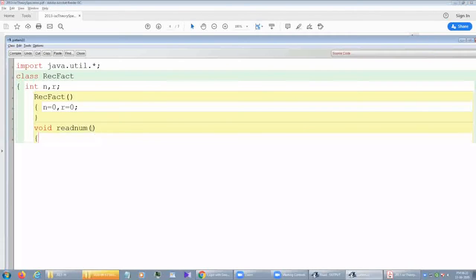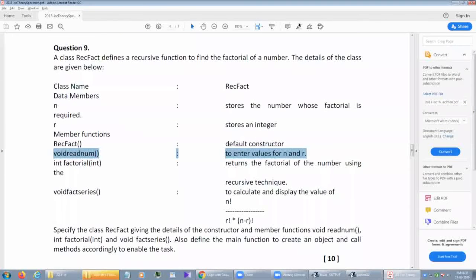So if you use int r, int n, then marks may be deducted. Whatever instruction is given in the question paper, you have to follow. In void read num, there is no parameter.